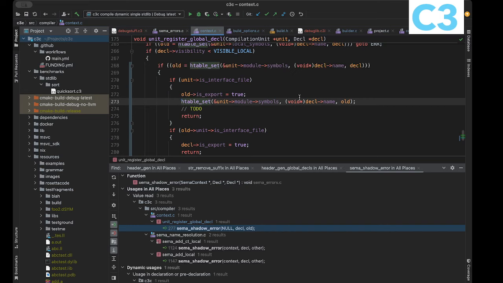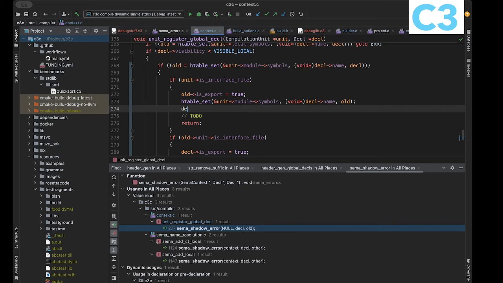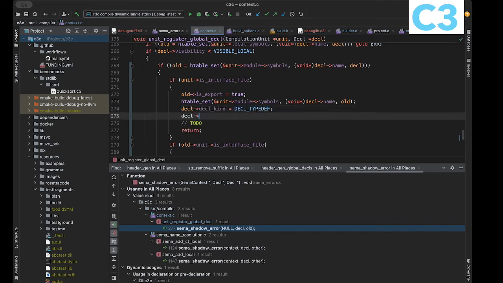So in this case, the declaration should be like a typedef, and the typedef declaration